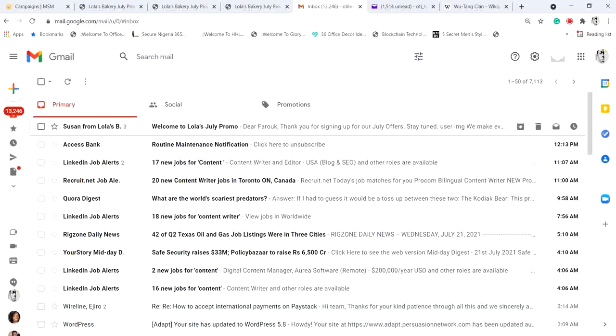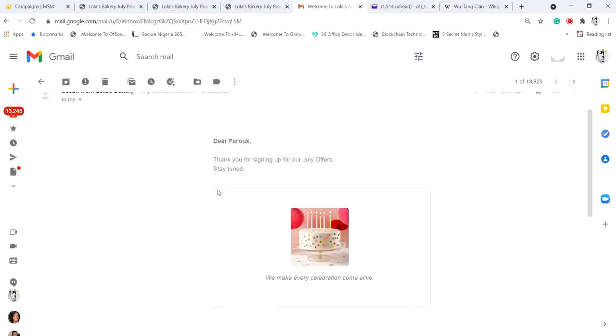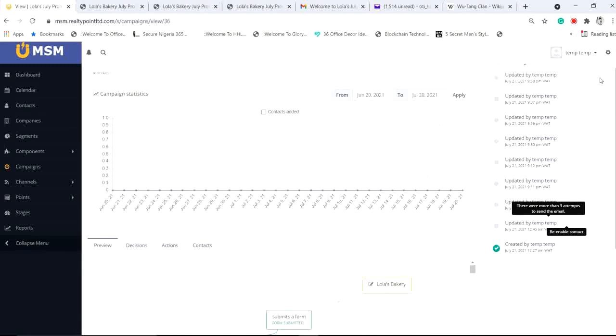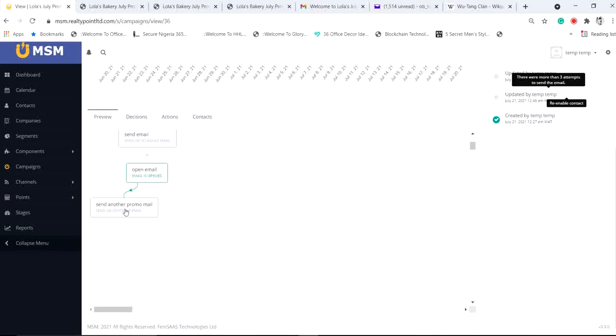Okay, so we've been waiting for the mail, and the mail is here. So we're going to open it and check up what is on it. Beautiful. It says, "Dear Farouk, thank you for signing up for." Yes, this is the first mail. And remember, once we open the mail, it is supposed to trigger another mail according to our campaign. We're on our campaign right now. You can see this is Lola's campaign, and yes, follow it through. And you see that we've organized this. So we'll be expecting the next mail to come up. Since we've opened it, according to what we said here, if we open, another mail is sent. So this is how